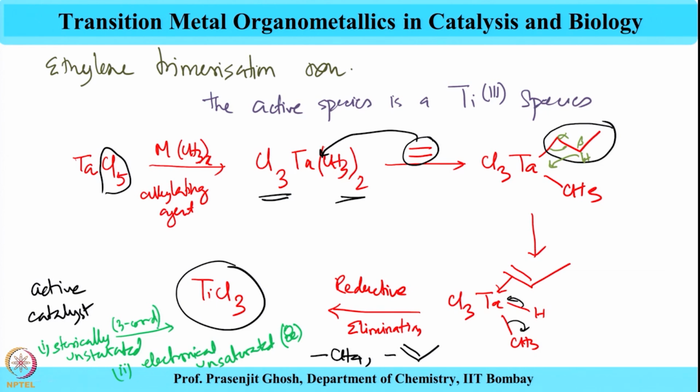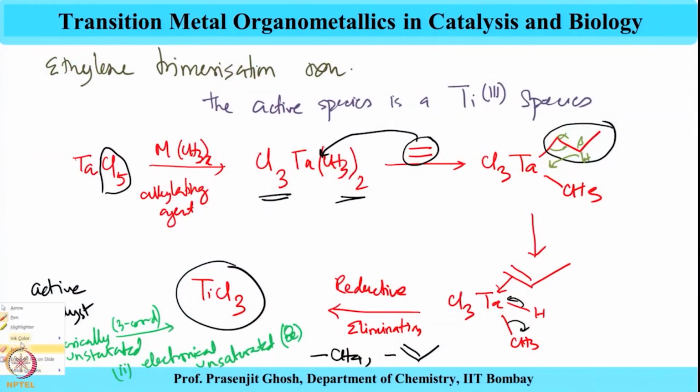So, this species is highly active, having very little steric saturation, only 3 chloride ligands bound to tantalum, and also electronically very unsaturated because it is an 8 valence electron species, 3 from chloride and 5 from tantalum. So, it is also very electronically unsaturated, and this is supposed to be the active species for this catalytic hexene